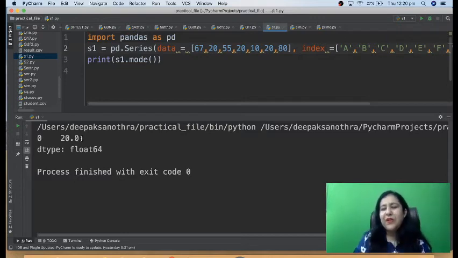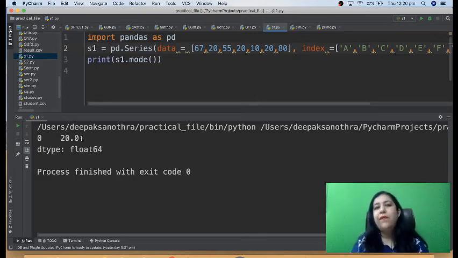Okay, that is the number of functions we have done. I hope you will remember these. They are not at all difficult. The only thing is you have to remember which function is used to do what. And it is very simple. You just have to write the name of the series object dot the name of the function which you want to work on it, right? So this is how we perform various functions on series.